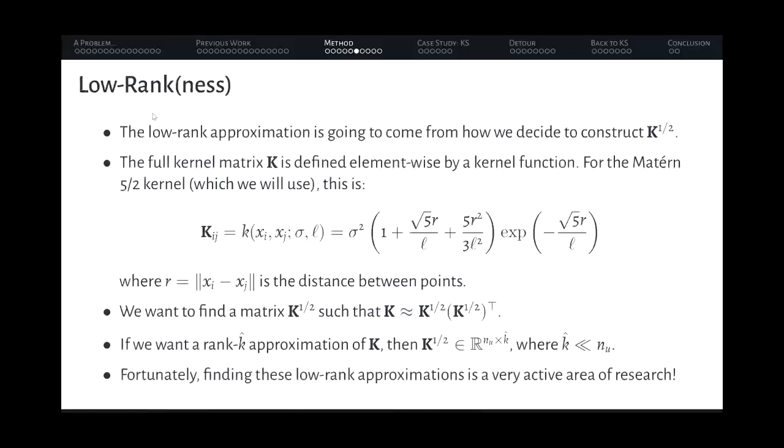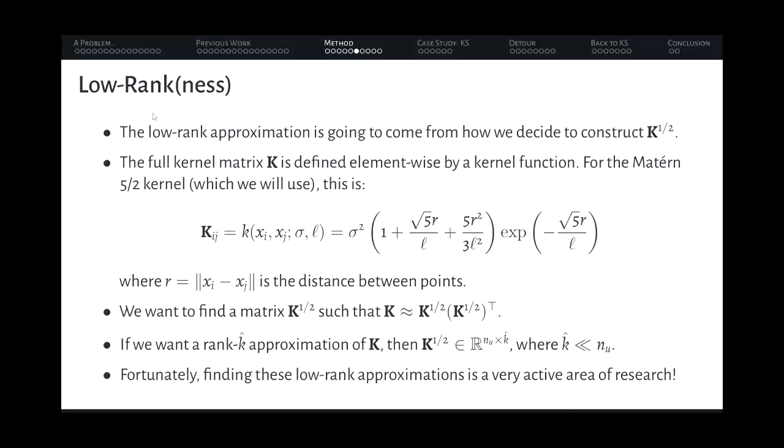How do we construct that? A kernel matrix, if you know GPs, is defined by a kernel function. And I'm just going to use the Matern kernel here. So this is what it looks like. I think all the notation is right. Yes, a bit weird because we've got it in terms of R, but this is what the function looks like. And we want to find a matrix K that is a sort of square root form. And we want that square root form to not just be a full rank square root form, but to be a rank K approximation. So if you imagine the full P is 1024 by 1024,